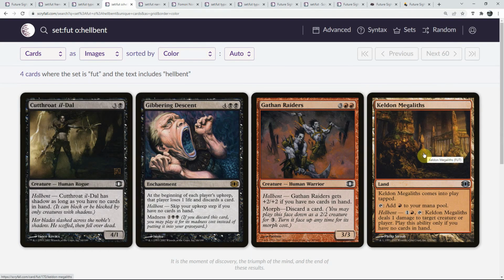Okay. 4 Hellbent cards. So Hellbent cares about you having no cards in hand, but the abilities you can see are quite different on the different cards. This one gets shadow if you have no cards in hand. This one you skip your upkeep step. This one you get +2/+2, and then this one